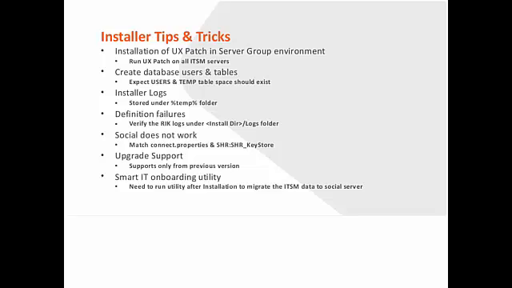Installer logs can be found under the %temp% folder, and you can always go through the logs and check what is going on in the installation. If you find any RIK failure, you can go to the install directory and logs folder. We import some of the SRM definitions through the Smart IT install. So you can always go and check under the logs folder, the HTML file, the apps folder, and the actual RIK log and find out why the RIK has failed, and you can correct it and install again